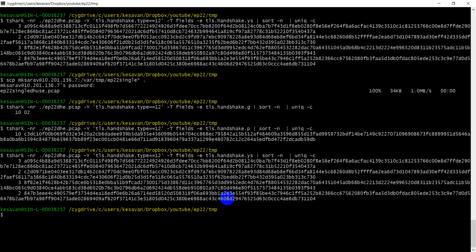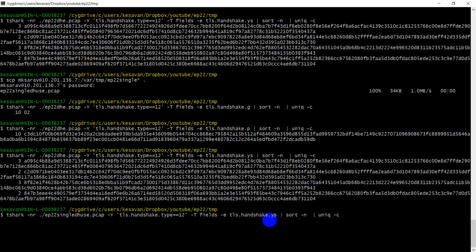Oh, something is wrong. Am I using the correct file name? Oh sorry, I am using the wrong file name. That's the problem. I need to use the correct file name, so let me redo the whole thing.